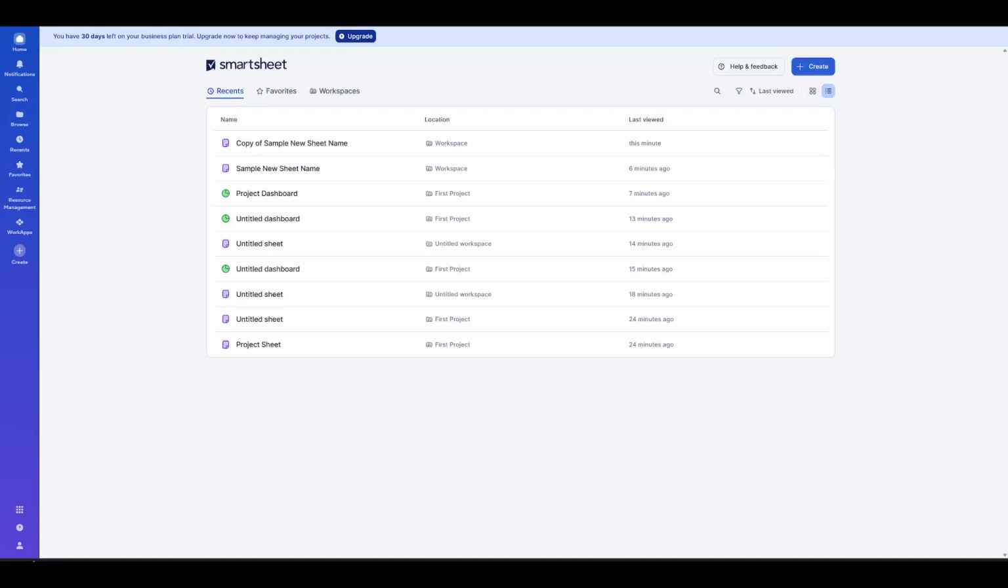In today's video, I'm going to teach you how to view favorites in Smartsheet. If you've ever wanted a quick way to jump back to the sheets, reports, or dashboards you use most often, the Favorites area is designed exactly for that. It keeps your most important items just a click away, so you don't have to browse through folders or remember